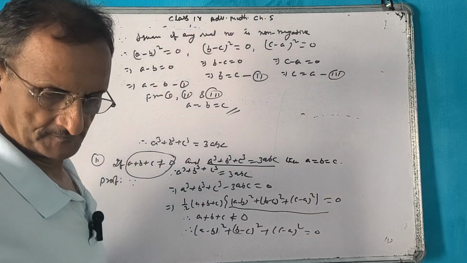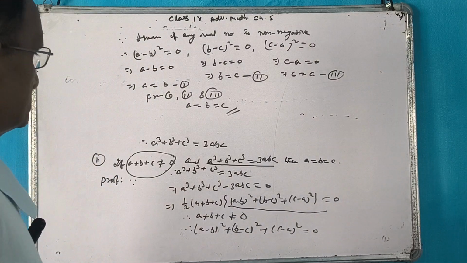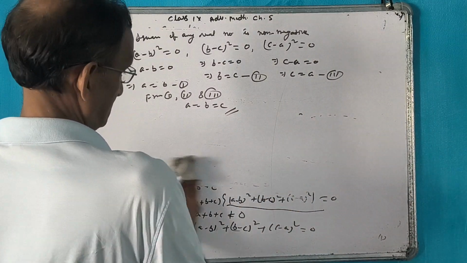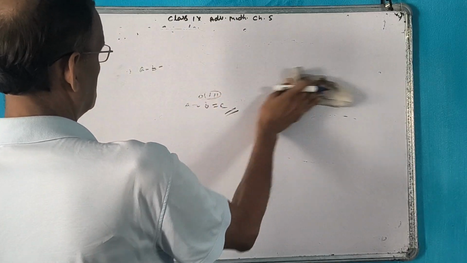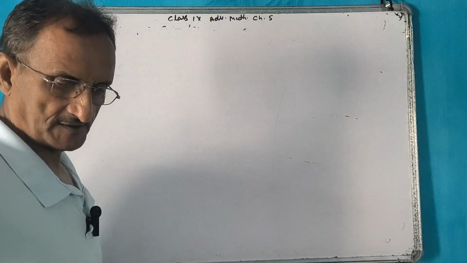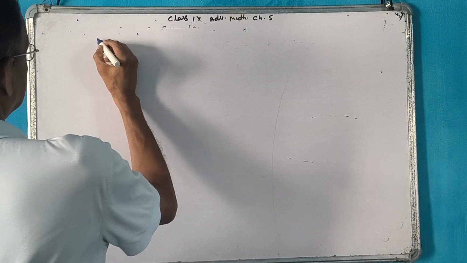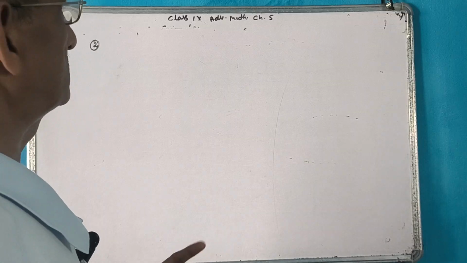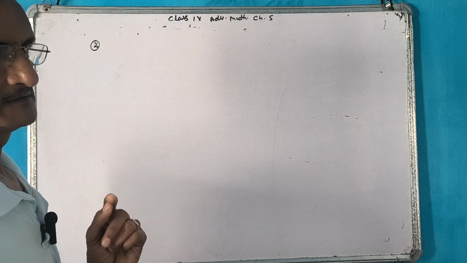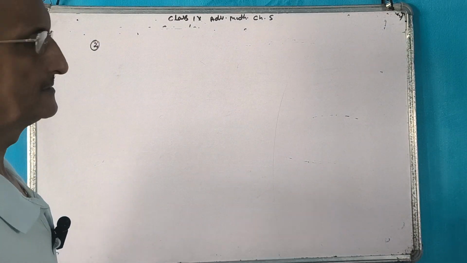So, these are the corollaries based on factor formula number 1. This is all about factor formula number 1. Now we will start factor formula number 2. In the book it may not be the same number, but the number is not important. We are discussing the other factor formulas.